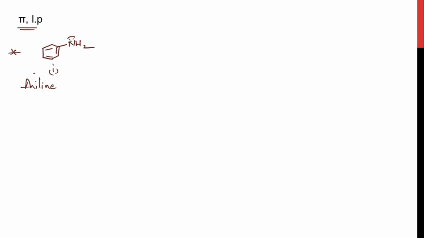Now this lone pair of electrons on nitrogen would be donated towards the resonating system, right? And the nitrogen would form a double bond with the benzene ring and gain a positive charge, right? And this particular pi bond is shifting towards the ortho position and the ortho carbon will gain the negative charge, right? And these are the pi bonds. And now this negative charge is shifting towards this bond and these pi electrons are shifting towards the para carbon. Now the para carbon will gain the negative charge, right? This is the new pi bond.